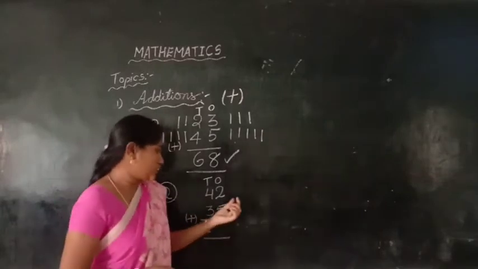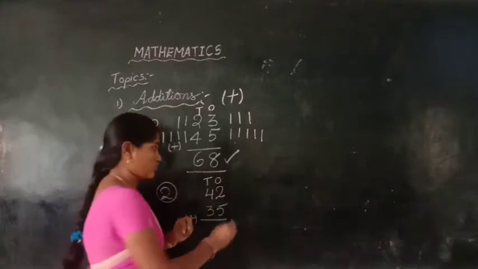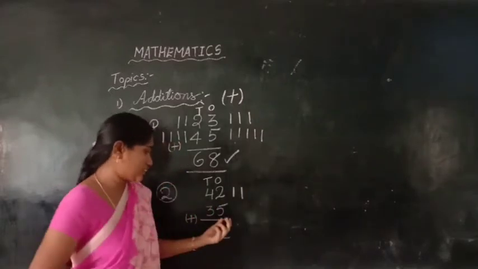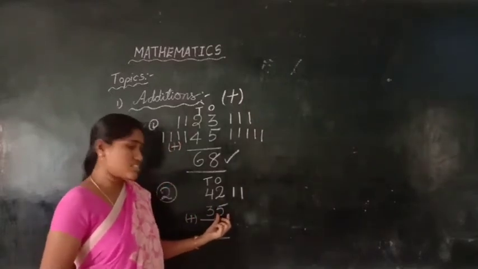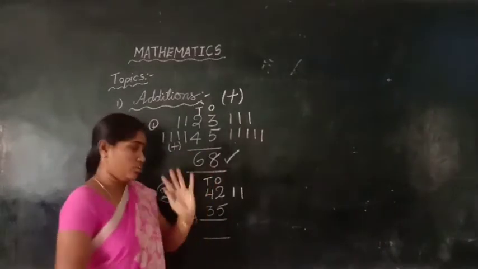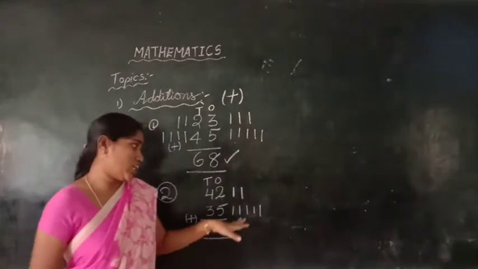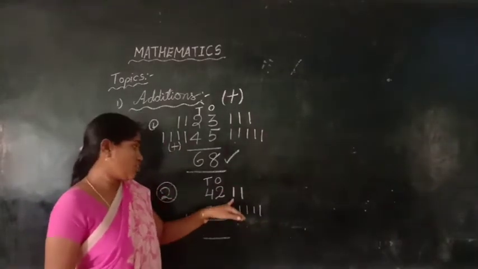Okay. Now see this, all of you. 2. Now we will take 2 dots. 1, 2. Next see here children. This is 5. Now how many dots will we take now? 5. Okay. 1, 2, 3, 4, 5. Now shall we count total dots?